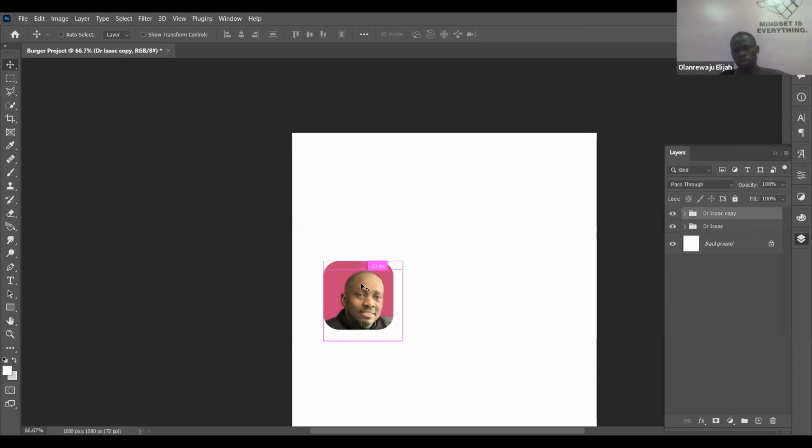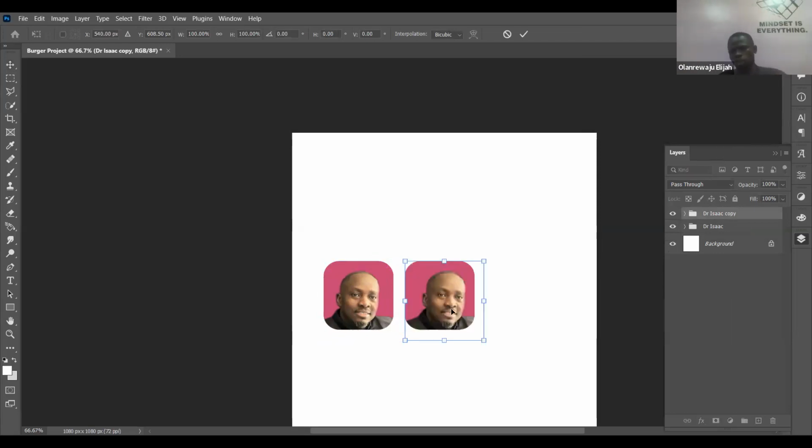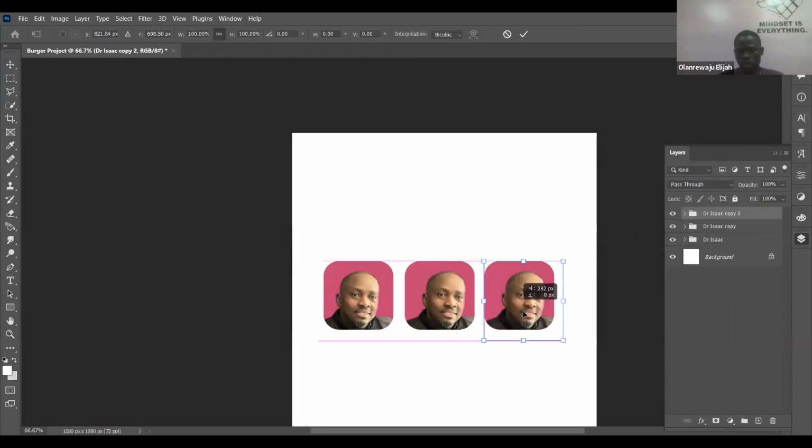So now to move this guy to another place, you click it, then you press Control T. You move the two together. Control T, then you move it here. Do we get it now? So now you also want to press Control J again, because we have more than one speaker. Control J again, then Control T to move it from the top of that, right? So that's it. So now we have maybe 3 speakers.